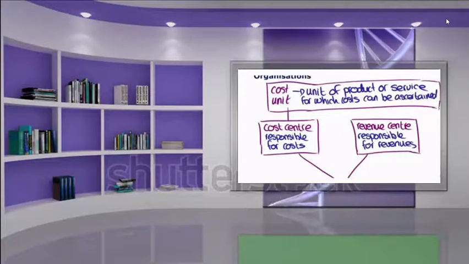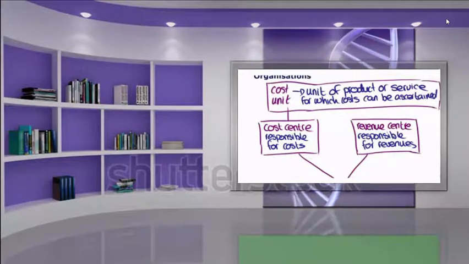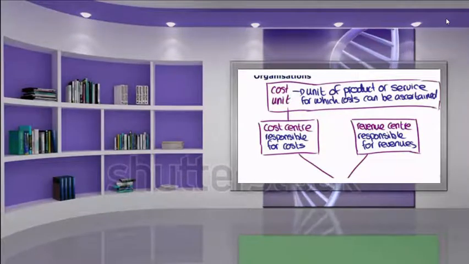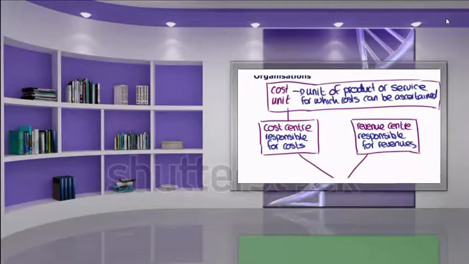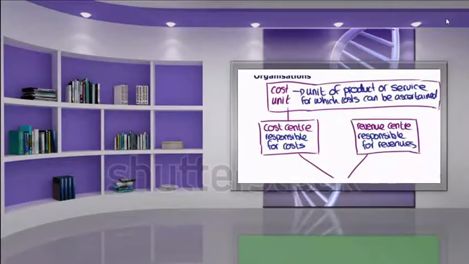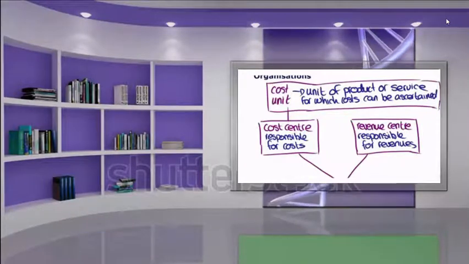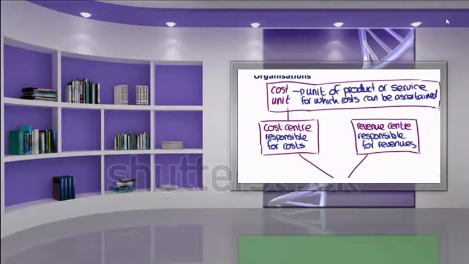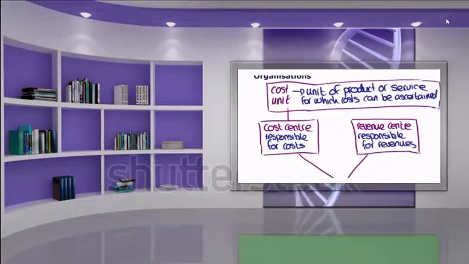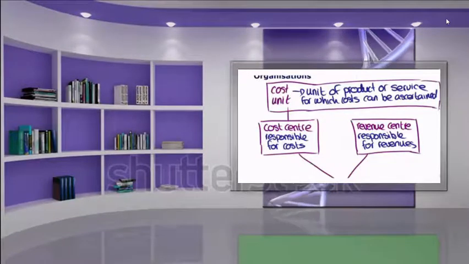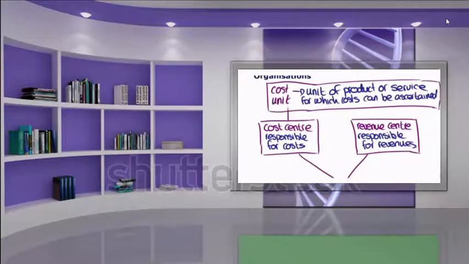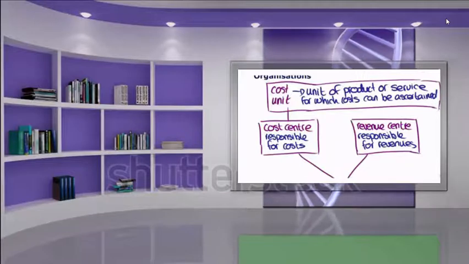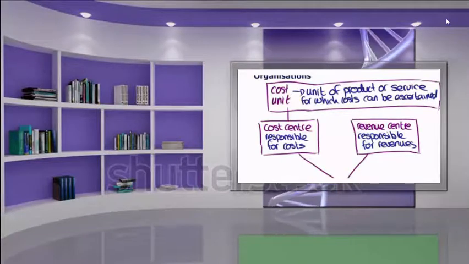Now, as we go through, we're going to see why this is important, but if we just think about it sensibly, if you produce and sell tables, why is it important that you understand how much it costs you to produce a table? Well, I would imagine a key reason why it's important is because if you don't know how much it costs you to produce your product, how do you know how much to charge your customers for it? So selling price. We need to know the cost of each of our cost units so that we can establish a selling price.